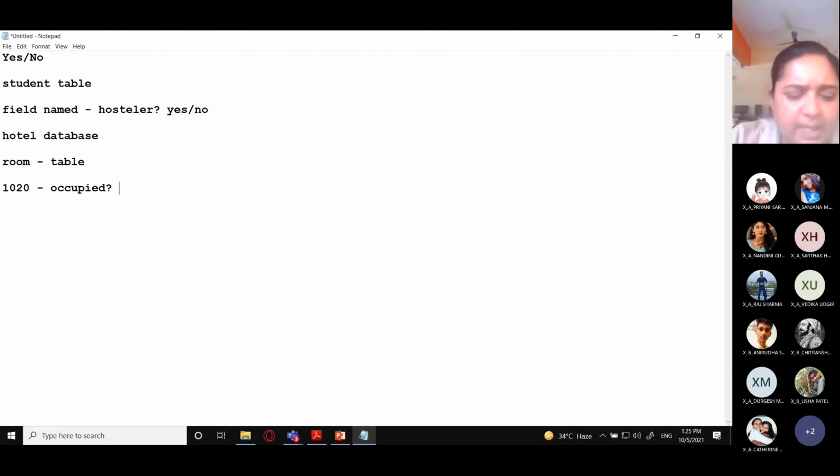Occupied, the answer will be either yes or no. So this type of data is also a yes, no type of data. So wherever you need to store some data which is yes, no, there it will be yes, no type or Boolean data. Understood? There is another name for this, that is Boolean data. Got it? So we will be studying databases and data types in detail.